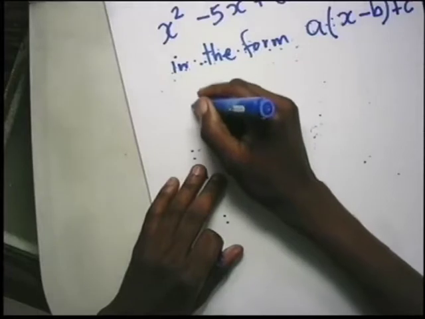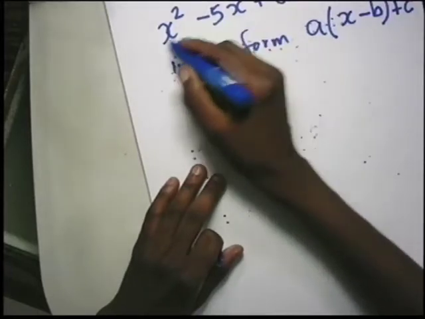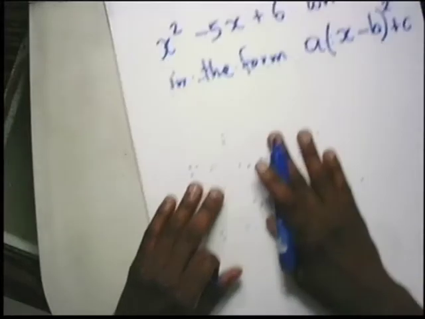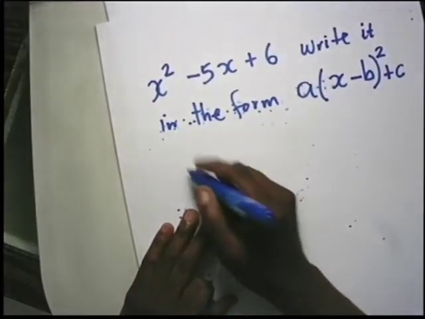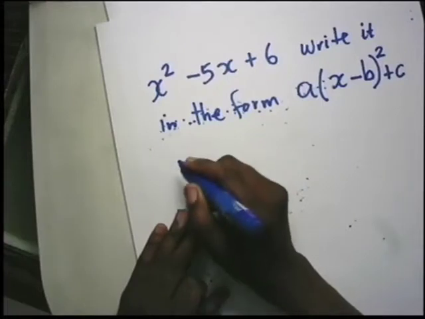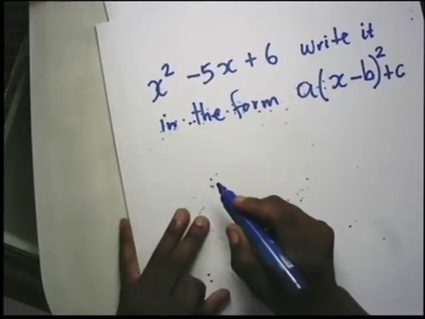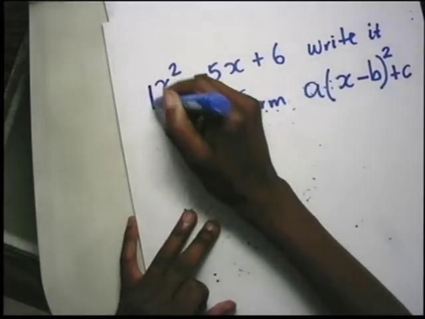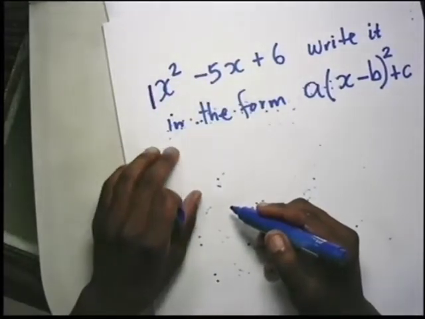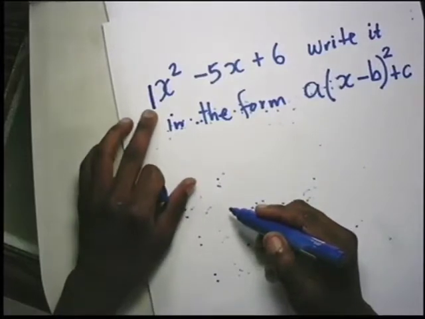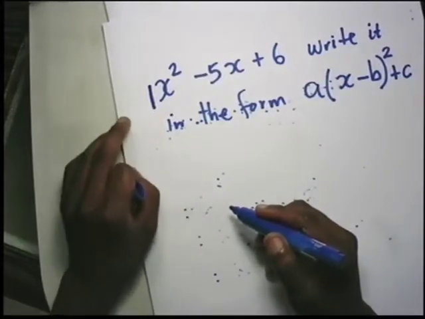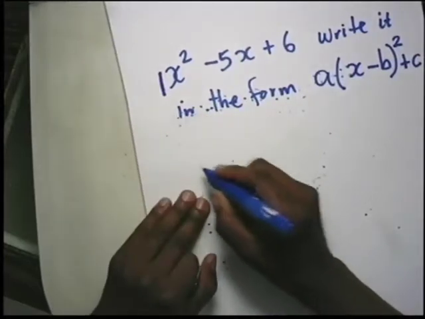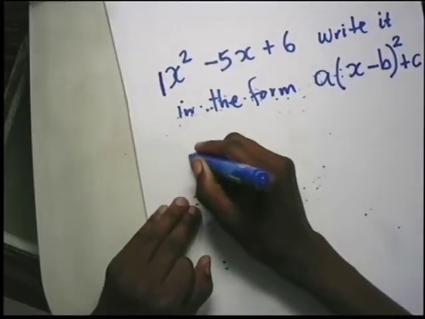What you do, you have to make sure that the coefficient of x squared is 1. First of all, make sure that the coefficient of x squared is 1. In other words, there must be a 1 here. If there was a number that is different from a 1, you first have to divide throughout by that number. So now that we have a 1 there, what we're gonna do, we create